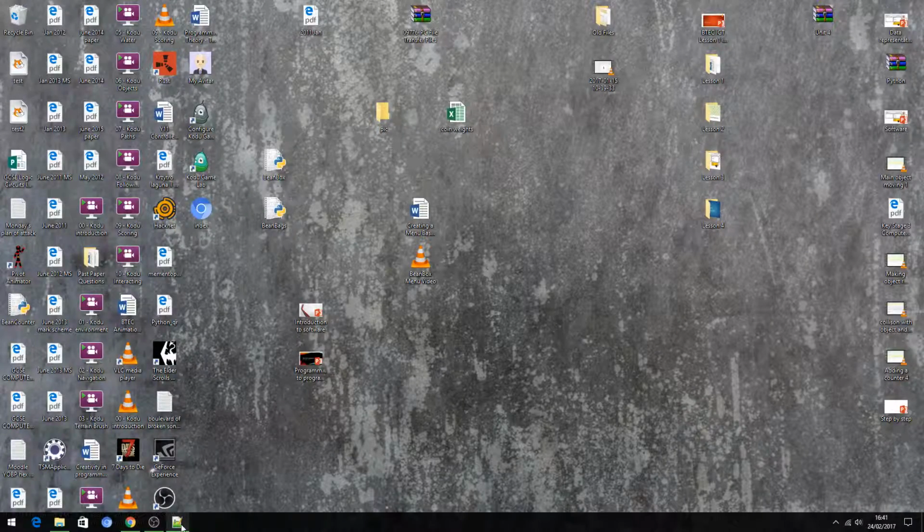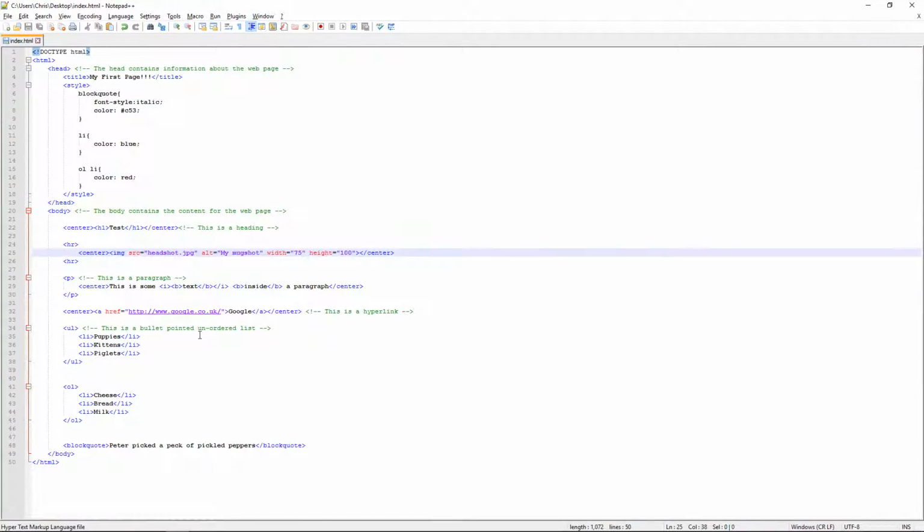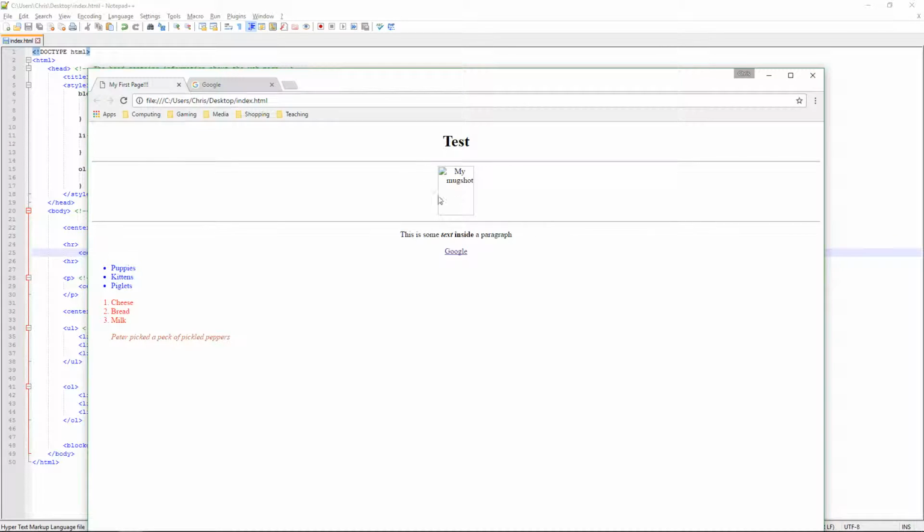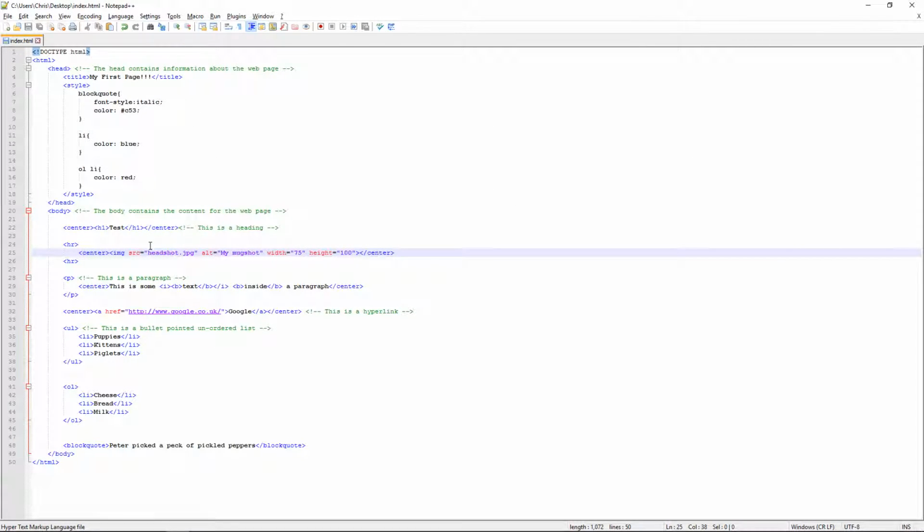Traditionally in web pages, it would be an images folder. If I refresh the browser, the image has vanished because it's not in that location. What I need to do is come into here and type pic